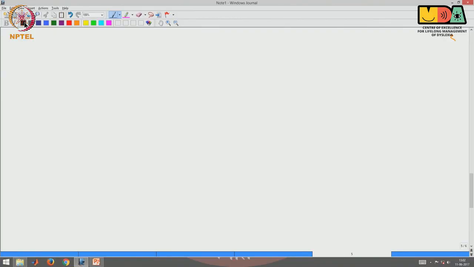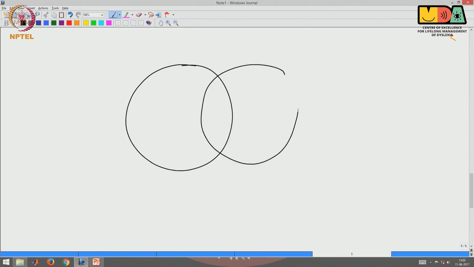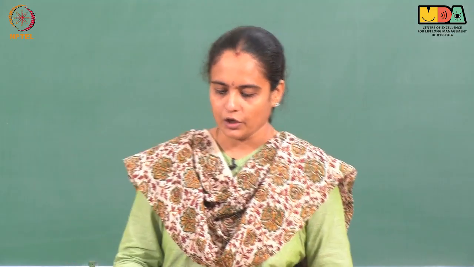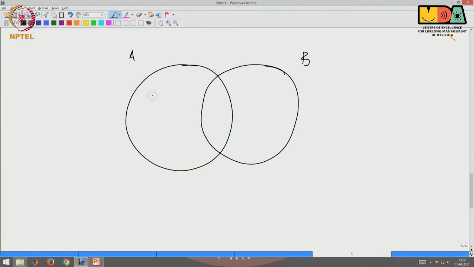Let us see what is a Venn diagram first. Venn diagram has two circles intersecting each other. In math, you might even have three circles intersecting each other, but for study skills, for convenience sake, we use only two circles. So, let us name the circles A and B. So, I am going to compare circle A and circle B. This is just for an example. So, the area here belongs exclusively to A and the area here belongs exclusively to B.